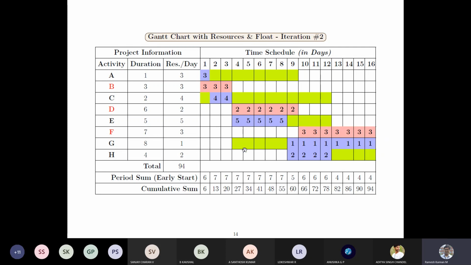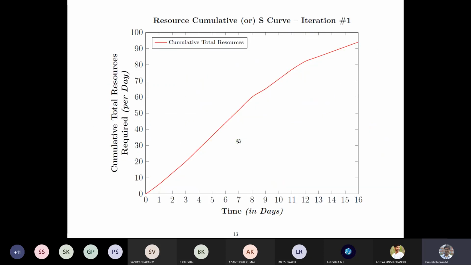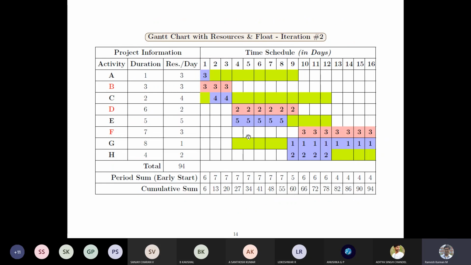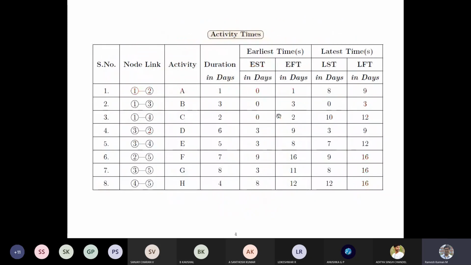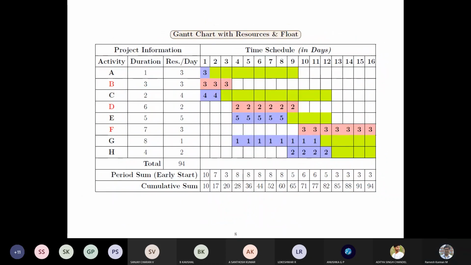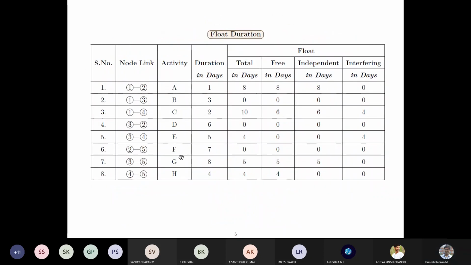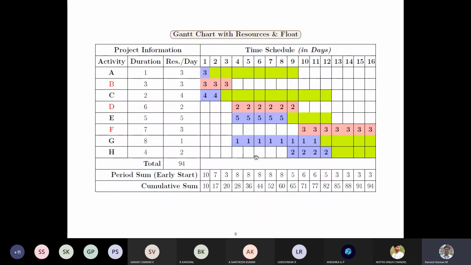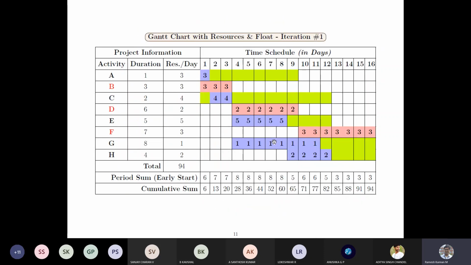So for activity G, it's a 5-day buffer, and the duration is 8. So we can move that within these 5 days.